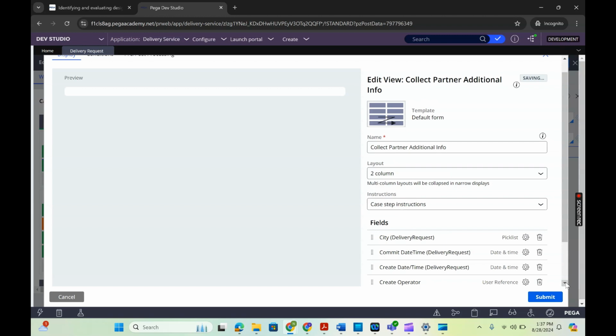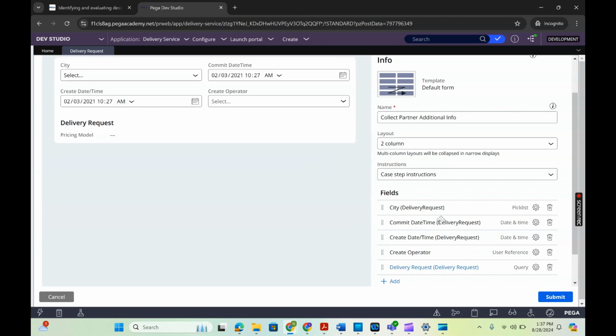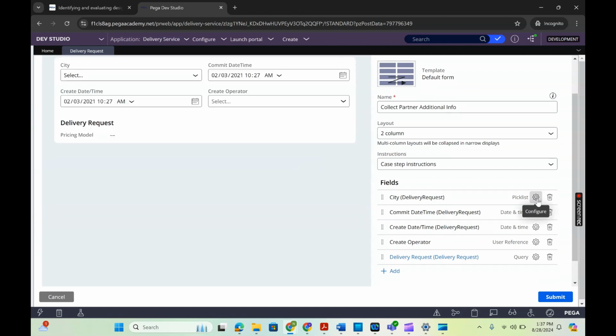So I've added 4. Okay, so we have 4 here, and the gear icon will have a configuration for this particular property